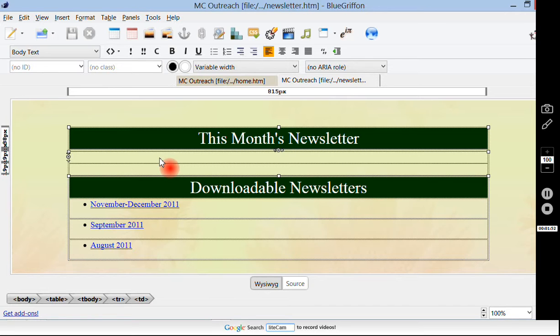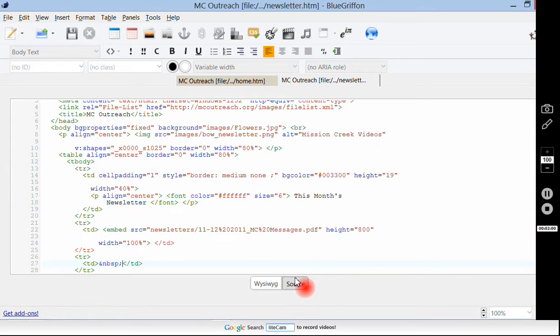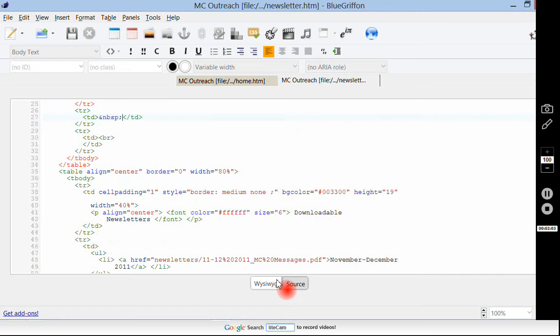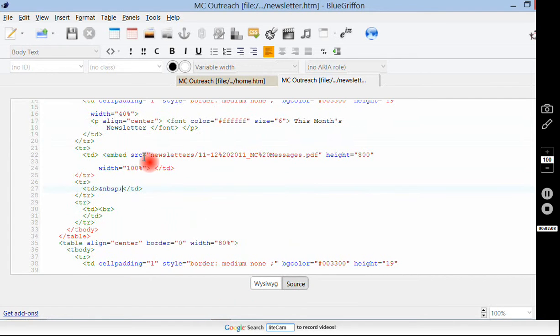The way you're going to have to be able to see it, unfortunately, right now, is to go to the source. When we go to the source, notice where I clicked before. I clicked next to where it was. Here it is, embed. So it's embedded. The source is in the newsletters folder, and it's called 11 through 12, and then